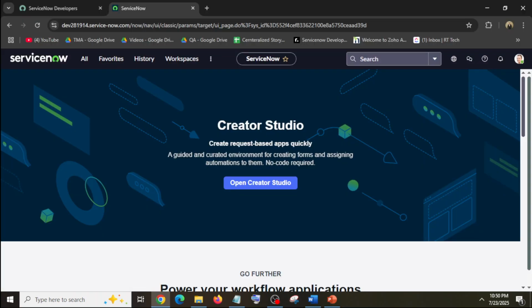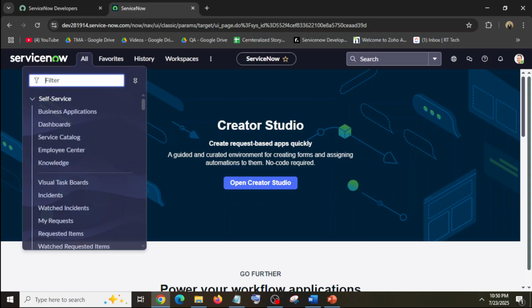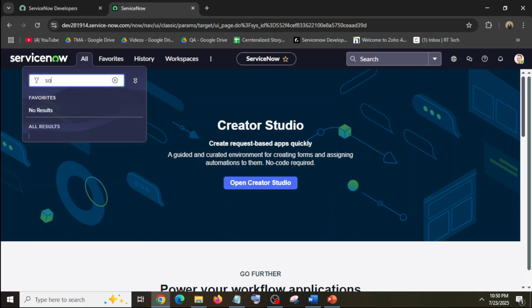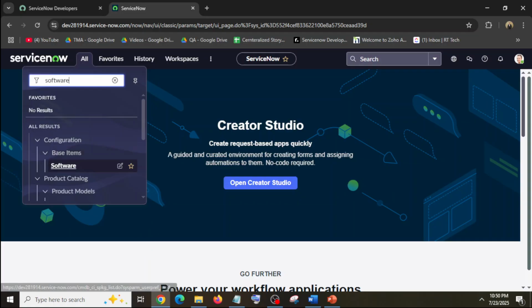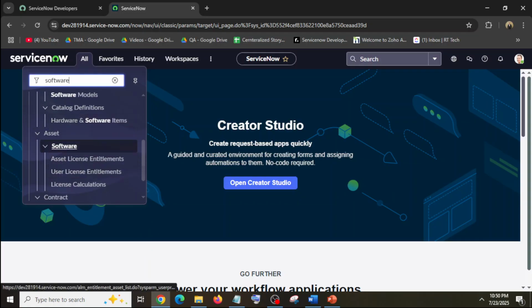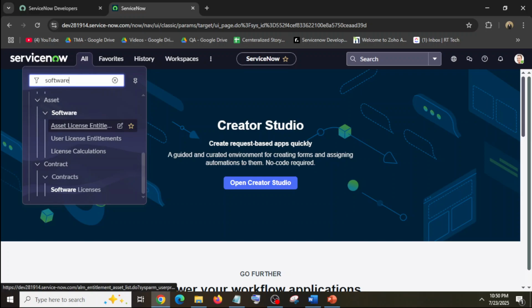So this is my personal developer instance, and if you want to see the software assets, type software here, and then under the assets, these are the different tables which contain different information like license and different.